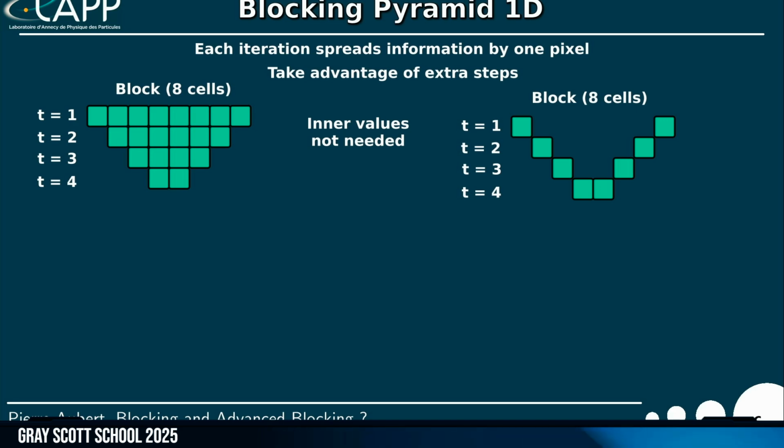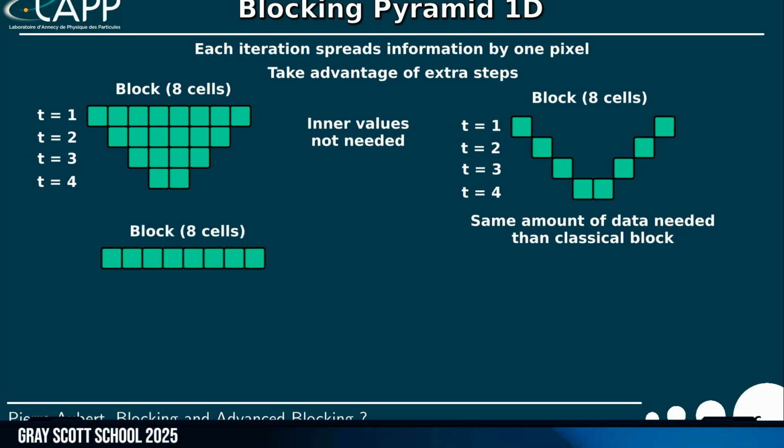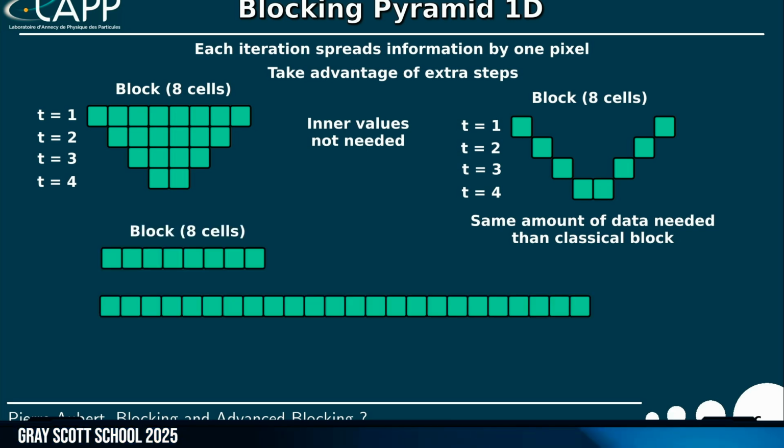We need the same memory as before. That's Sébastien. It was not my idea. It was the idea of Sébastien. And so to continue that, we need the same amount of memory. And if we take a block of 8 cells, for example, we will have some updates like this.